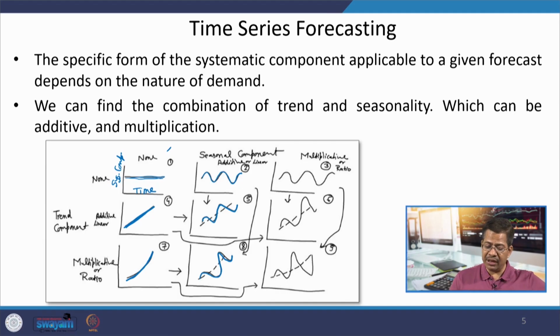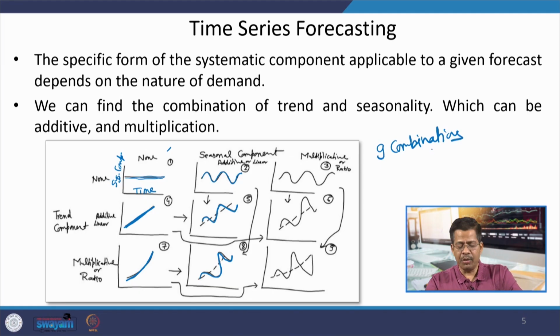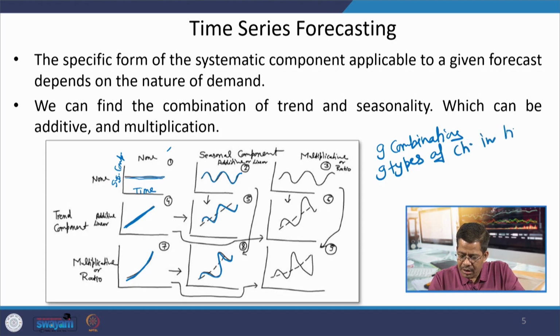So, you see that in all we have 9 combinations, or you can say 9 types of characteristics in historic data,